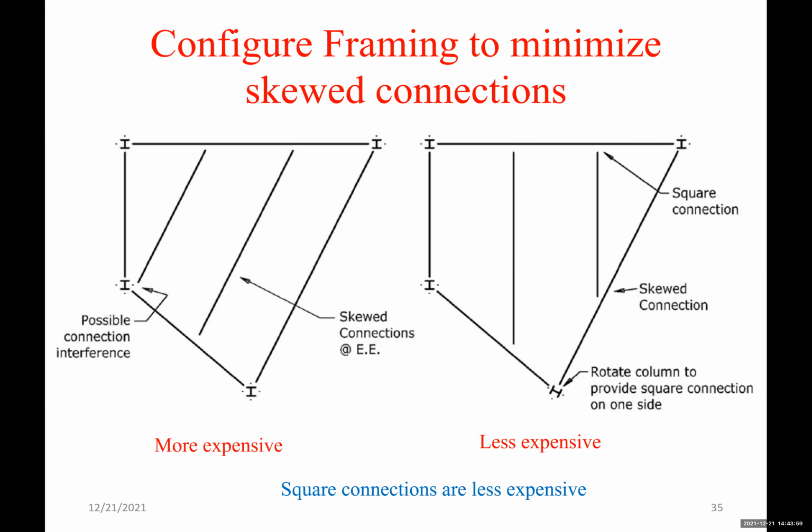So this results in skewed connections versus the one on the right. So we changed the orientation of the interior beams, and we ended up with much fewer skewed connections. I mean, it depends on the shape of the building. Sometimes we have to have some skewed connections, but the thing here is how to minimize the number of skewed